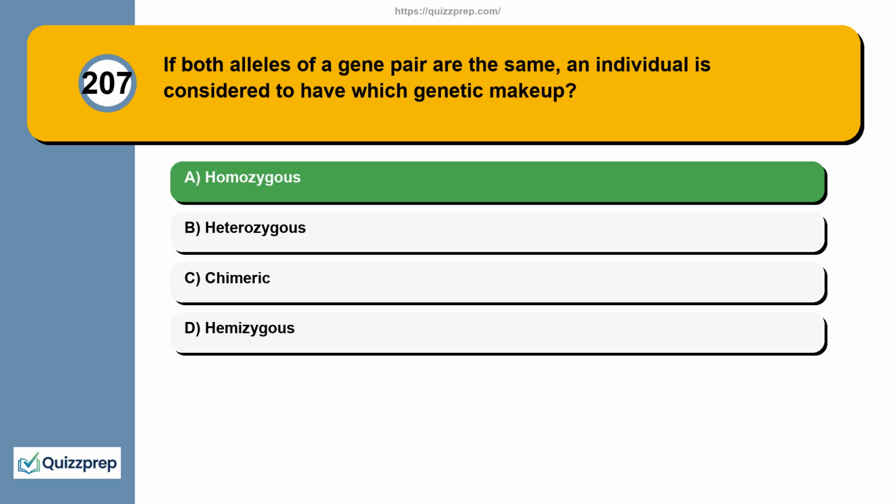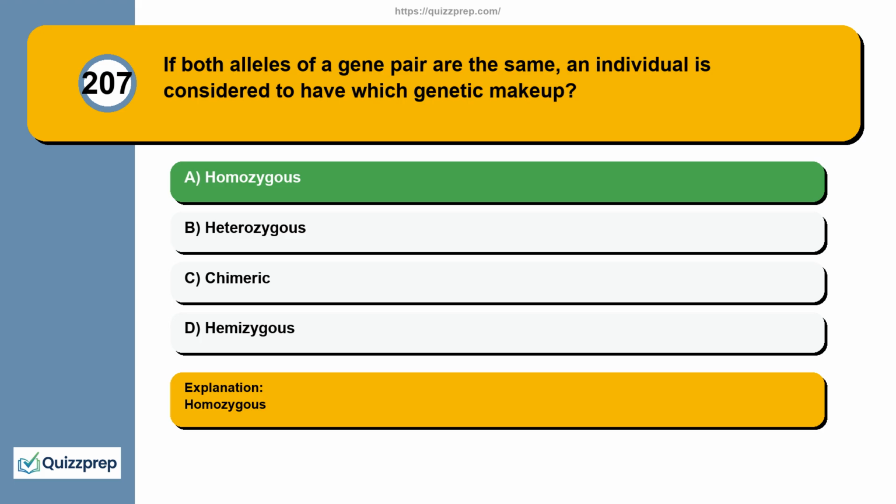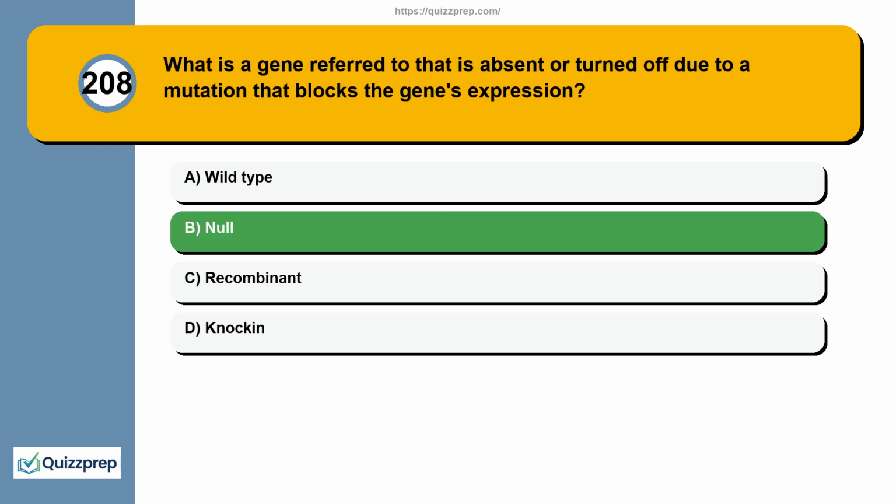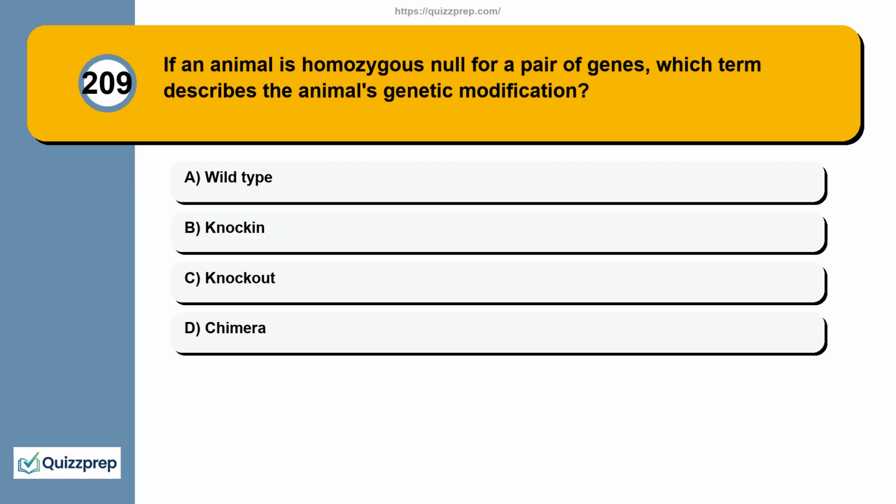Homozygous. Question 208. What is a gene referred to that is absent or turned off due to a mutation that blocks the gene's expression? Option A. Wild type. Option B. Null. Option C. Recombinant. Option D. Knock-in. The correct answer is option B. Null. Question 209. If an animal is homozygous null for a pair of genes, which term describes the animal's